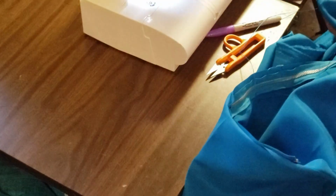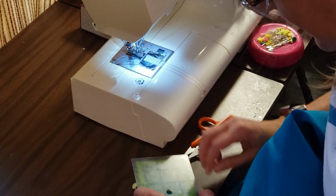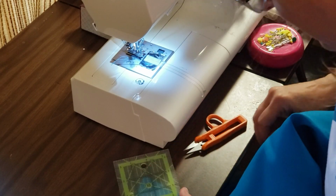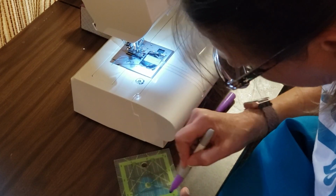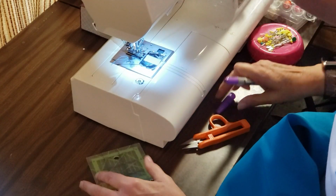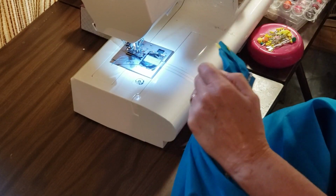All right, on to the next one. I'm going to do one of the zipper ones so you can see that. Okay, just realized you couldn't actually see the sewing machine when I was sewing just a minute ago, so I'm going to do one more on camera. Let's see, 2 inches. All right,